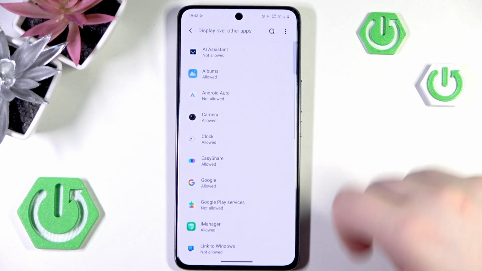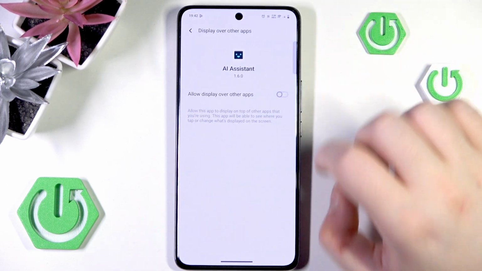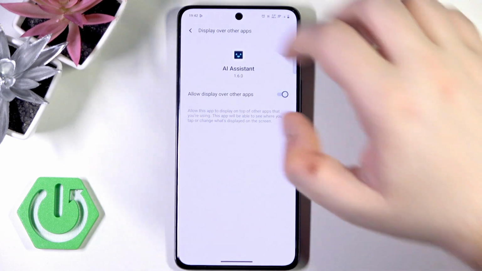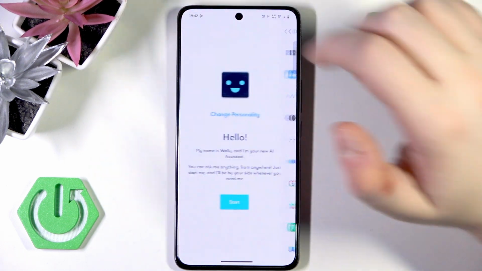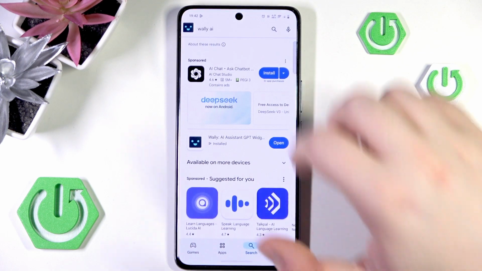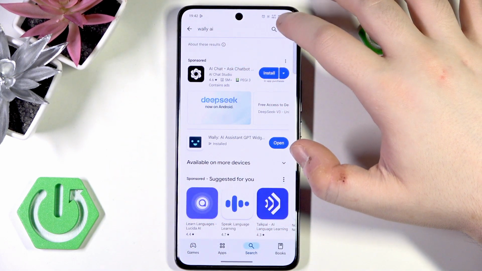Now click open permissions and then click on AI assistant and click here to allow this app to display over other apps, and then you have to go back and click back again. Now click start, and as you can see right here there is my ChatGPT widget, and I can open him